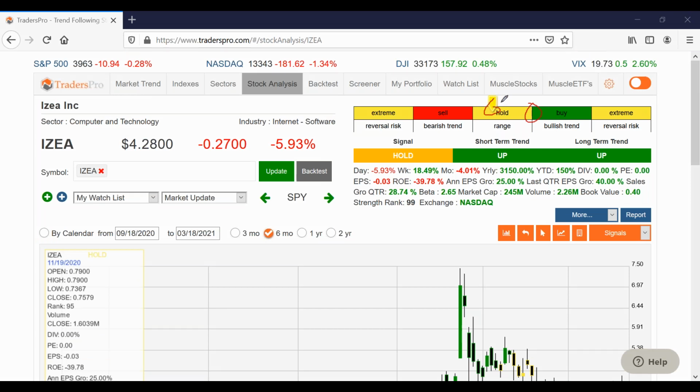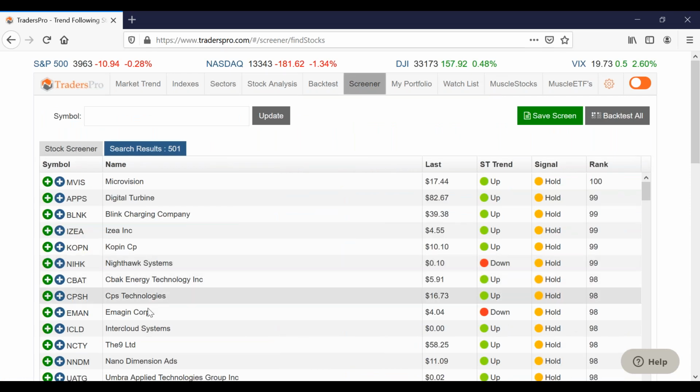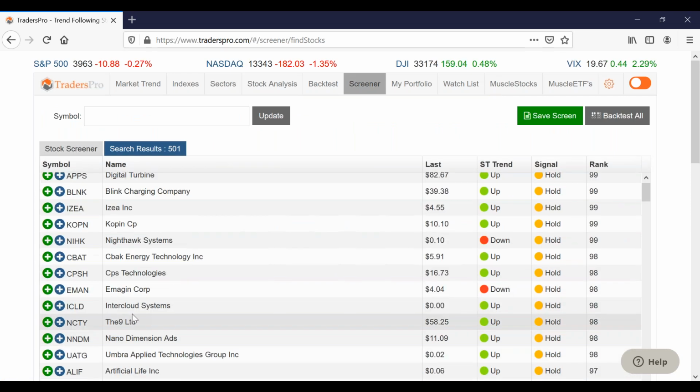Here's the halfway point of the hold. You're on the left side of that, so it probably has a little ways to go before it flips over to that buy signal. And that'd be the confirmation that we're usually looking for in this approach. Another one in that same sector in computer technology is NCTY, 98 strength rank,